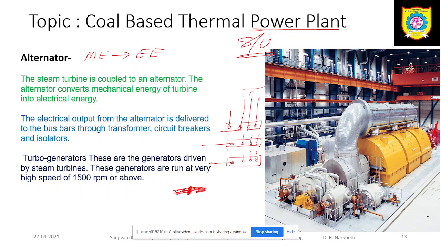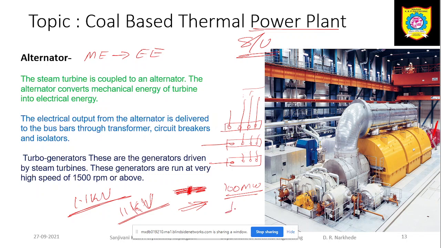Basically, if I am going to generate electricity, there are certain constraints because of which I cannot generate electricity at a very high voltage. The electrical energy generated at the power plant may be 1.1 kV to 11 kV; normally we generate the energy at 11 kV. And the size of that power plant may be 100 megawatt or so. If I transfer the energy generated at 11 kV to the grid,